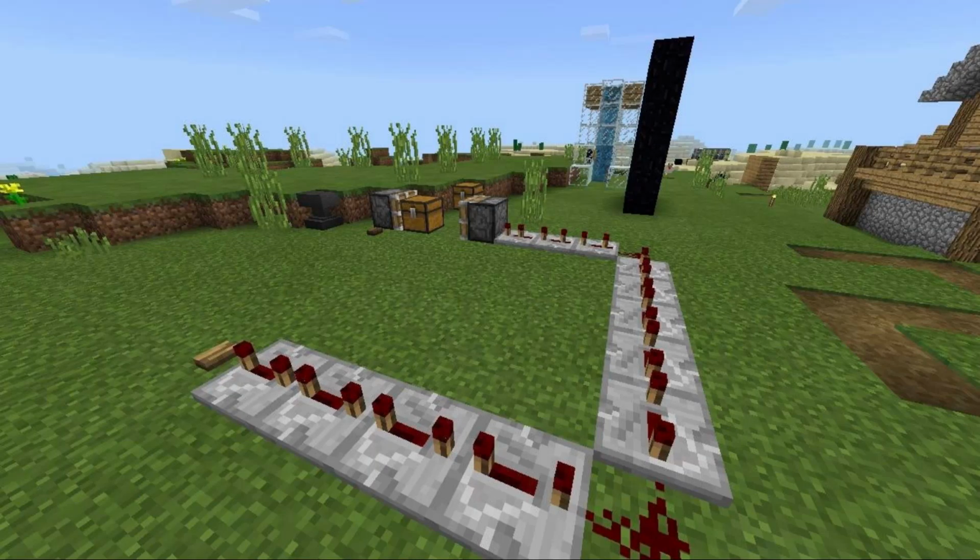Now, I'm not exactly a criminal myself, but I know a lot of my viewers are, so this glitch can definitely be taken advantage of, although I don't recommend you do it. It could be a fun thing to play around with in single player worlds, but I wouldn't recommend you do this on realms or multiplayer because it's a little bit unethical, but at the same time, it's still sort of like a feature almost at this point on the Bedrock Edition, and it's really, really easy to use.